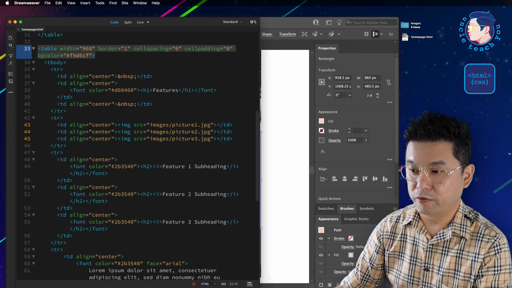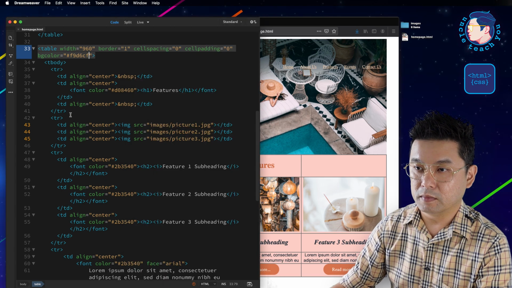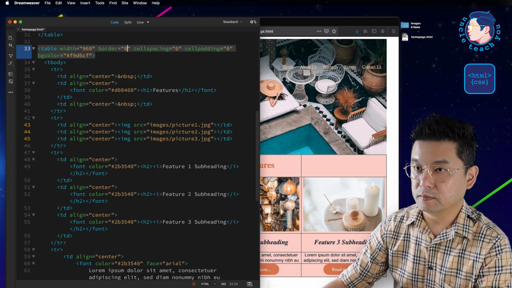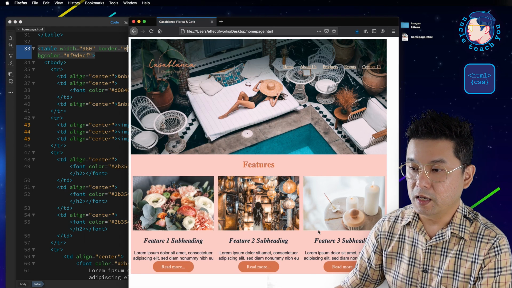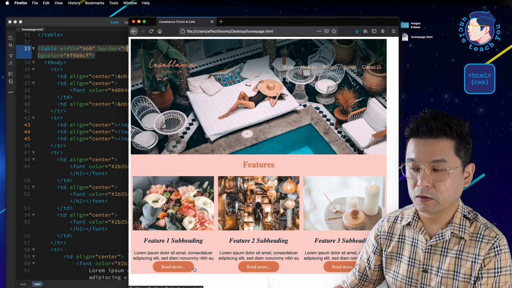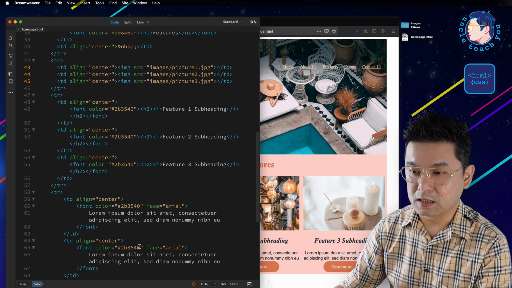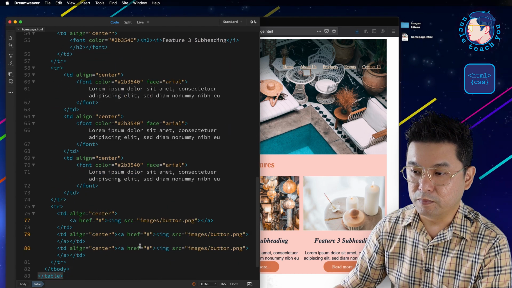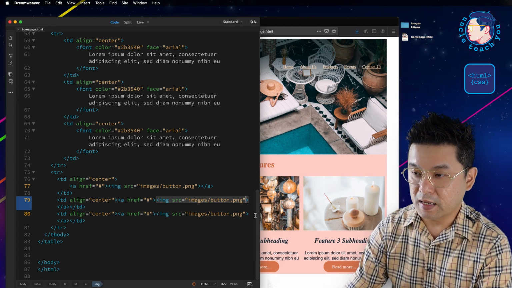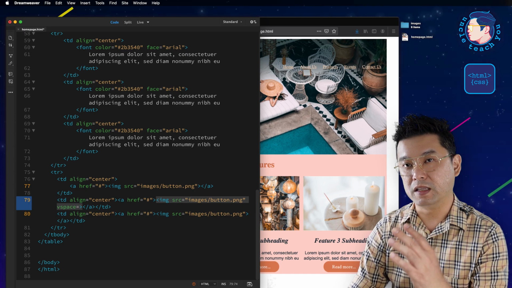And refresh our browser, and then just turn off the border to see how it looks like. Okay, pretty close except some alignment, except this is too close. The button is too close, we can fix that. We can actually use this thing called V space. There's an attribute for image. Inside the image tag, use this thing called V space,